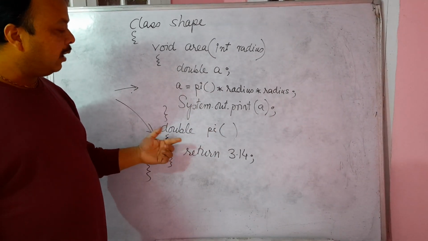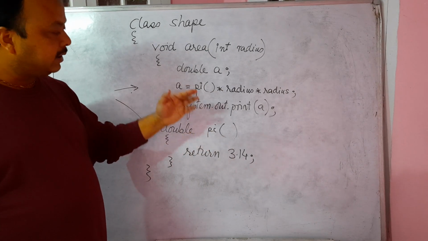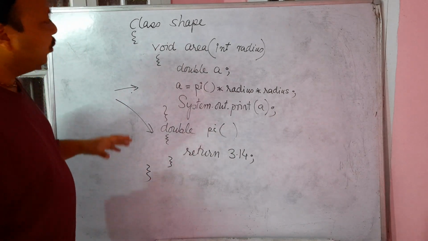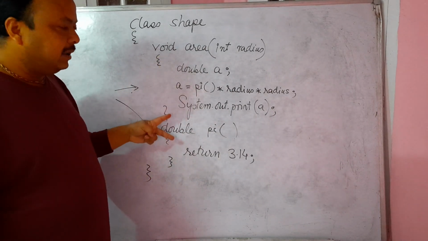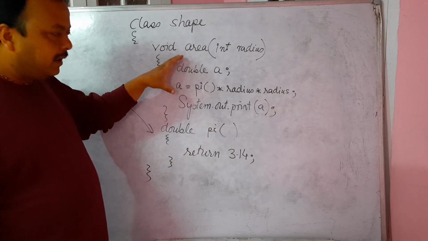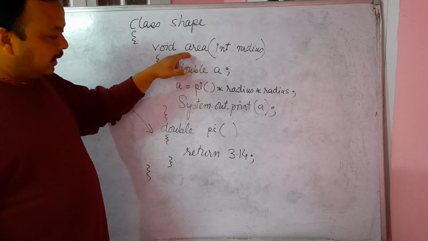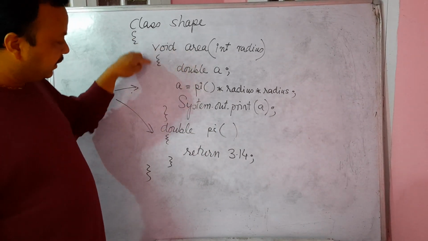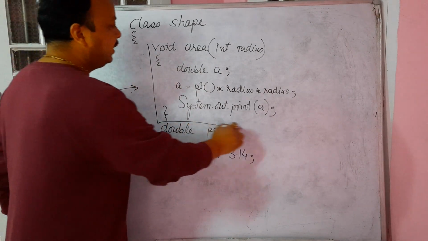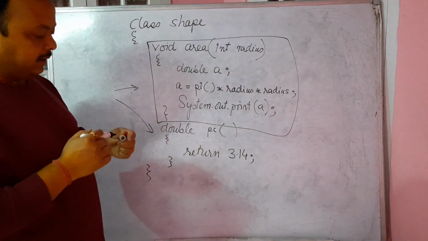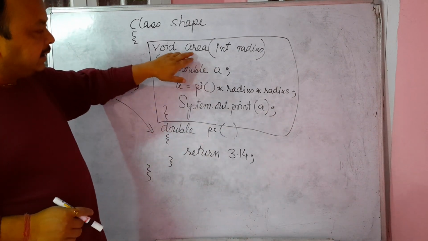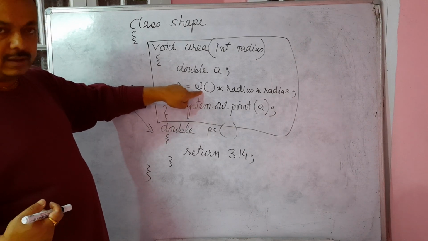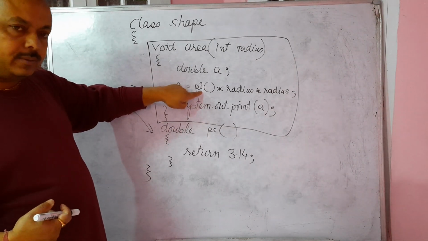So how can I also implement this function? This is also a scenario where we have declared two functions, and how one function like area can call another user defined function from inside. Inside the boundary of the area function, this is a classic example where the area function is user defined, and inside it you are calling the pi function, which is also another user defined function. So it is very much possible, you can do that.